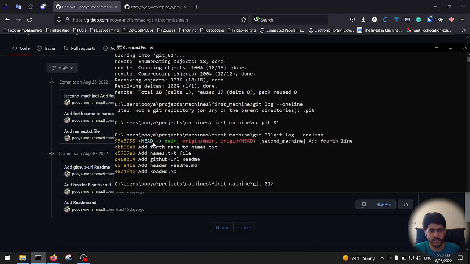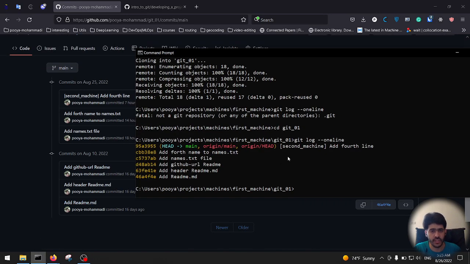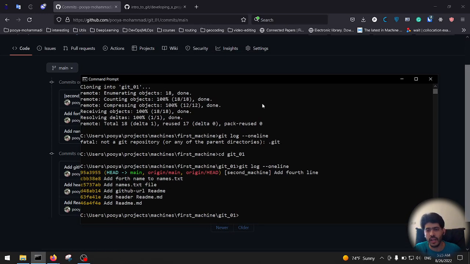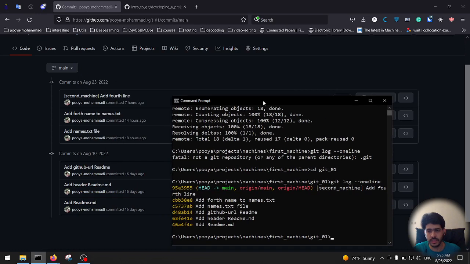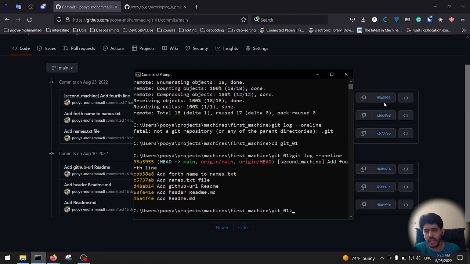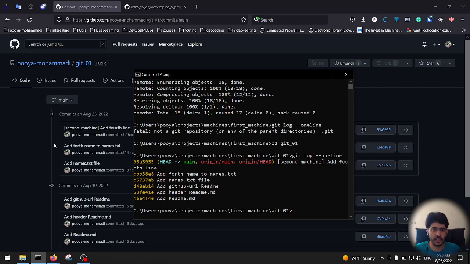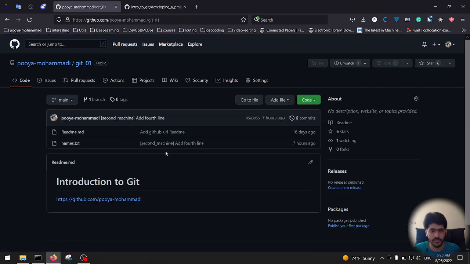Even the commit messages are the same. Second machine, add fourth line, add fourth name to txt, and add names file. The messages are the same. Let me minimize it a little bit. And even the commit hashes are the same. Okay, so this is a complete copy of the repository we've got here. So this is how we can clone a project